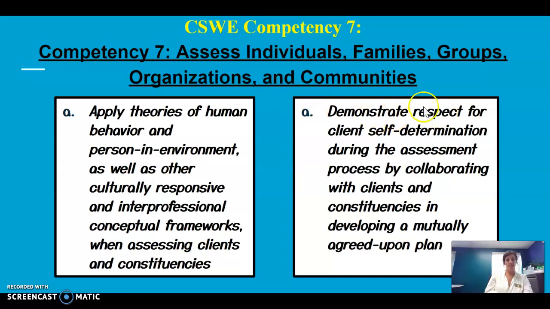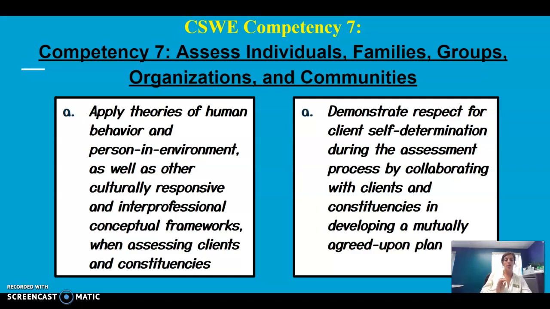We're also going to check to see that you can demonstrate respect for client self-determination during the assessment process by collaborating with the clients and constituencies and developing a mutually agreed upon plan. So self-determination is something that we talked a lot about when you took Intro to Social Work.